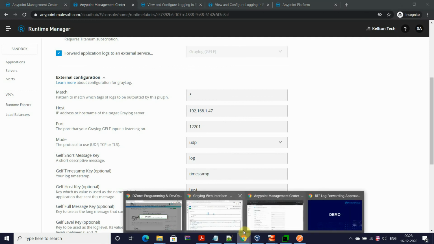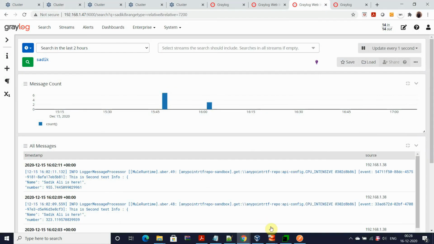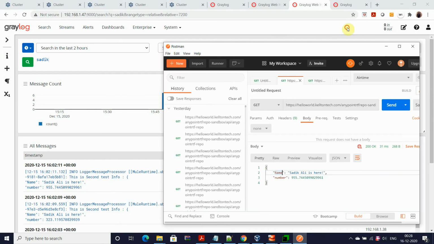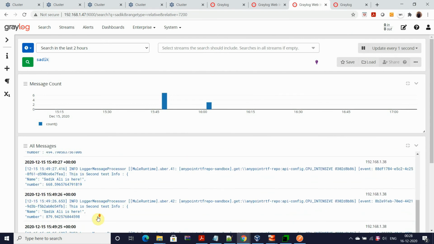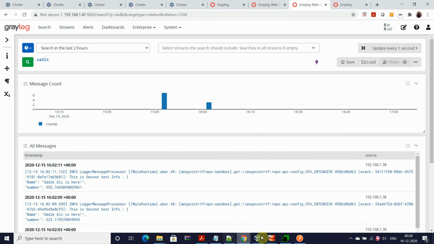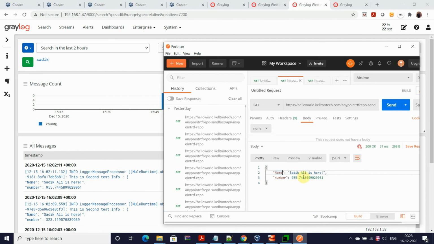You can see that I have sent one data, and not just one, I have tested multiple endpoints, and they're being populated. You can see the request from Sadiq is here, the same data is being populated here.